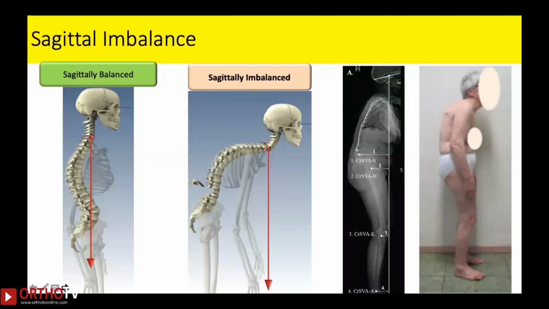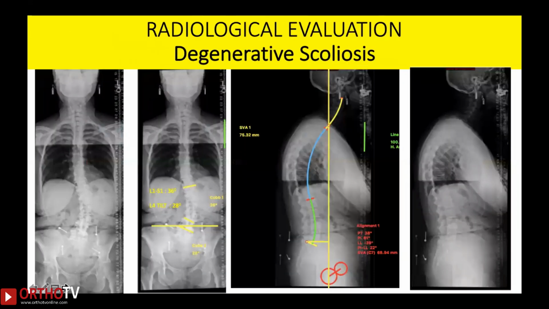In addition to the spinopelvic parameters like pelvic incidence and pelvic tilt, sagittal balance is a very essential parameter that is altered in patients with degenerative scoliosis. Sagittal balance essentially means when you draw a plumb line from the C7 cervical vertebra, this should fall within the pelvis. But in patients who are sagittally imbalanced, this plumb line falls ahead. So the back muscles have to work that much harder to keep you straight. And so patients who are sagittally imbalanced have a very poor quality of life due to mechanical back pain, and this must be corrected. So we have various software available like Surgimap, where you can measure the spinopelvic parameters as well as the sagittal vertical axis, and have a plan for your management.